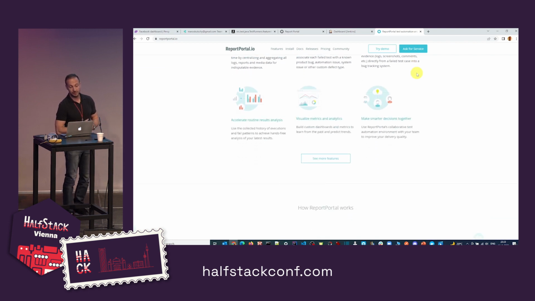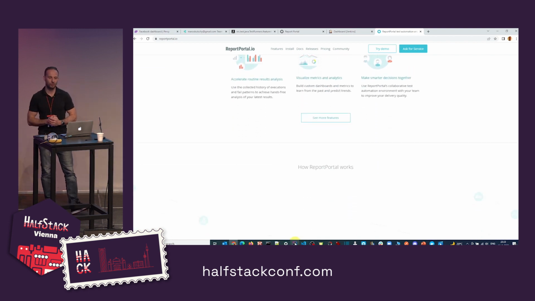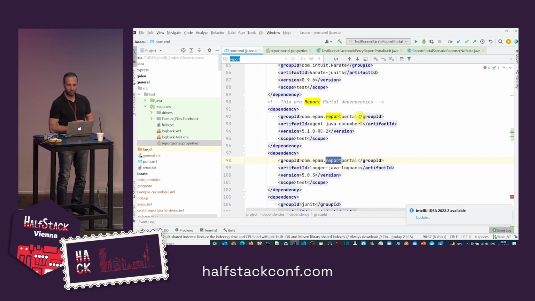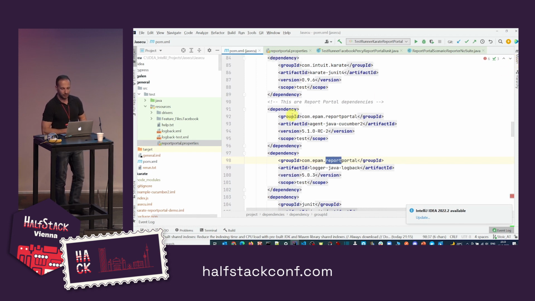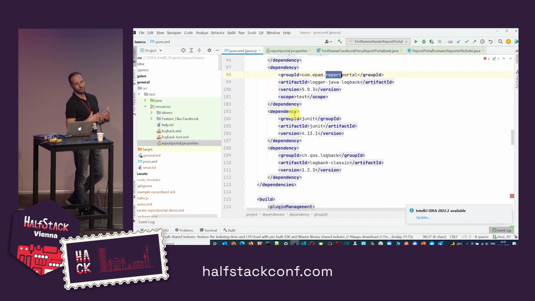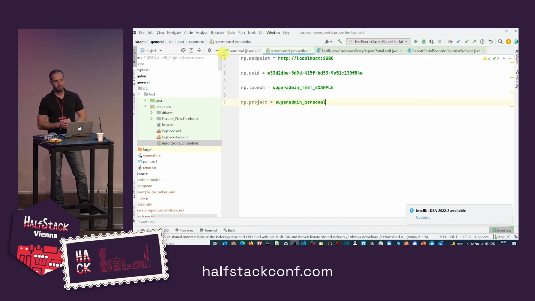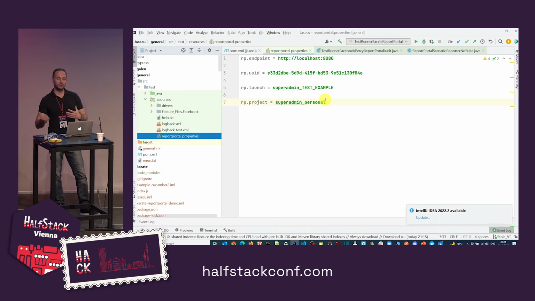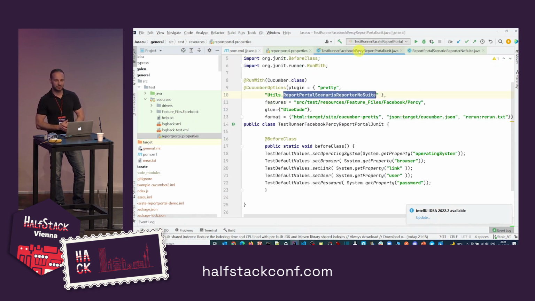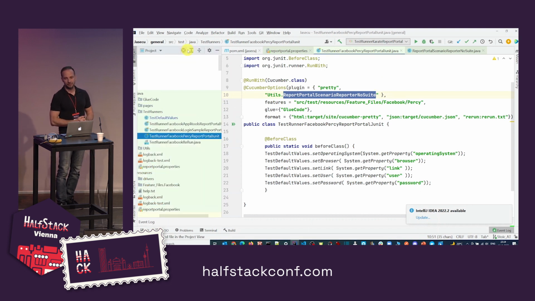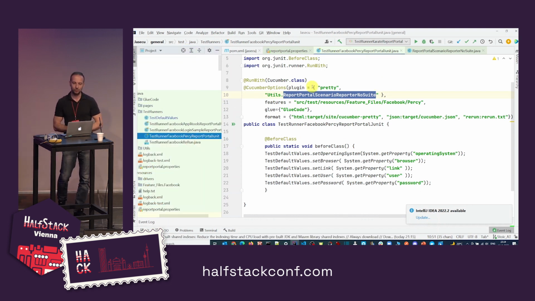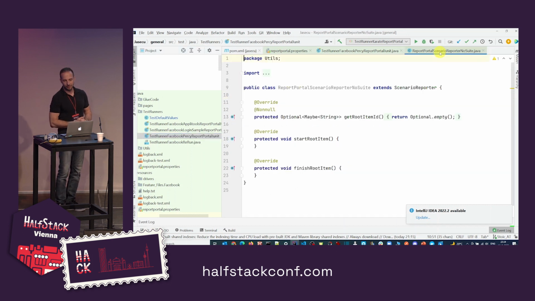Imagine that we have, and I'm using as an example Report Portal, I don't know if you know this tool, Report Portal IO. It's a tool for automatic analysis of results, and maybe on another project in your company it was successfully implemented. So why not try to do it also in our project? So this tool is